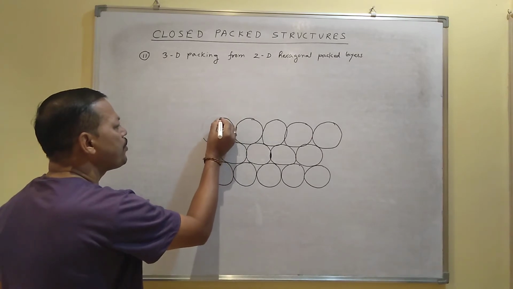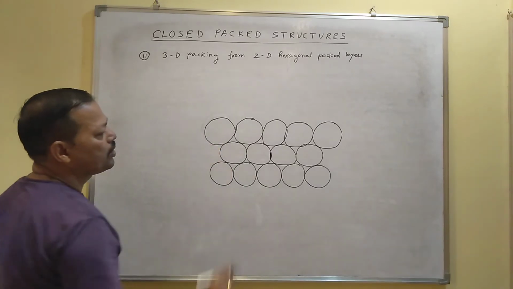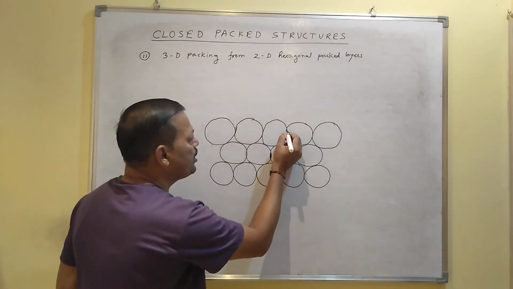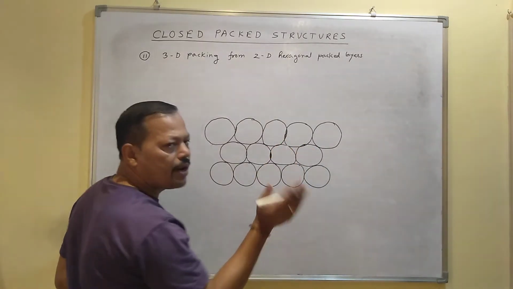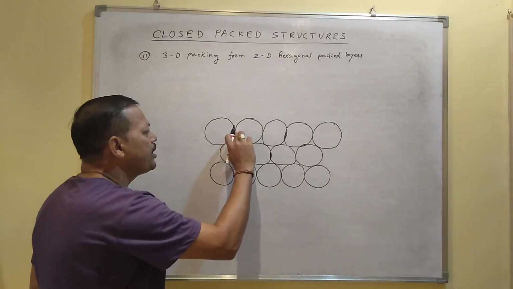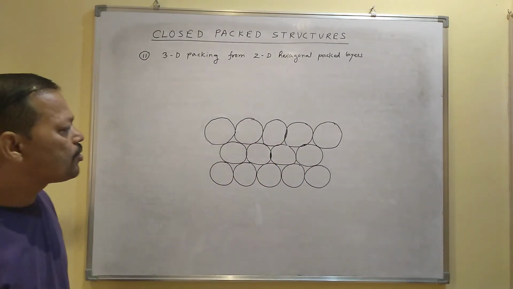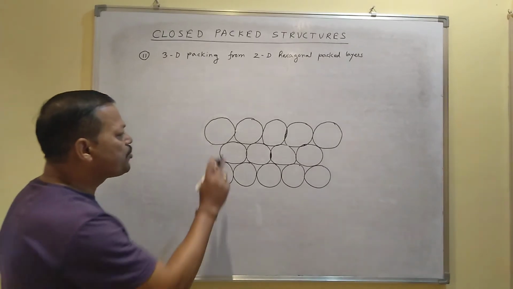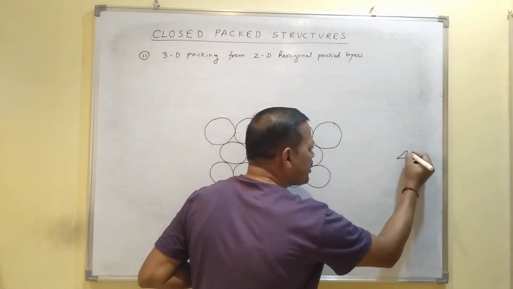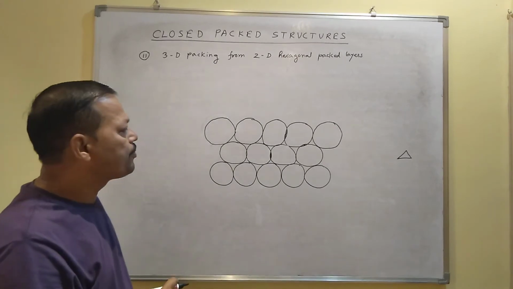When you draw the diagram, the particles should be equal in size. Then your diagram will be accurate. Now you have seen this hexagonal packing, this is 2D. Now we'll make it 3D. Here in the packing, some gaps are present between the particles. These gaps are called voids, and these voids are triangular in shape. The voids are like this, triangular in shape, and these triangular voids are ordinary voids.